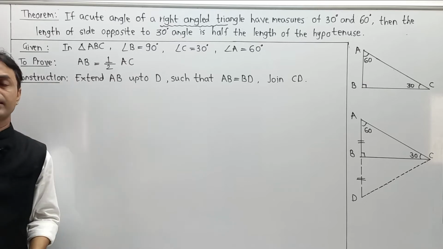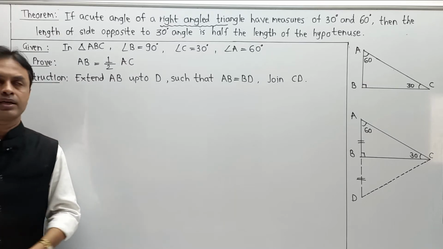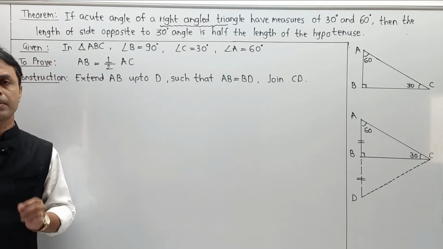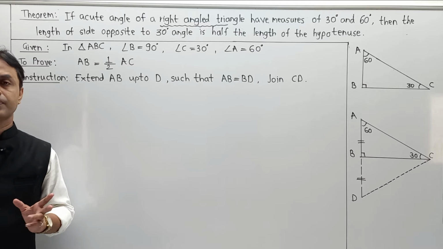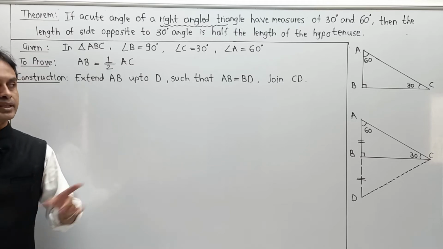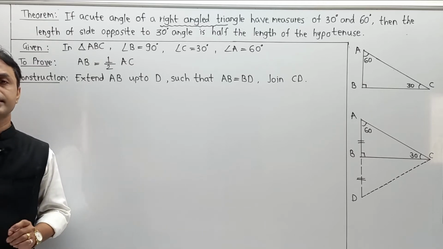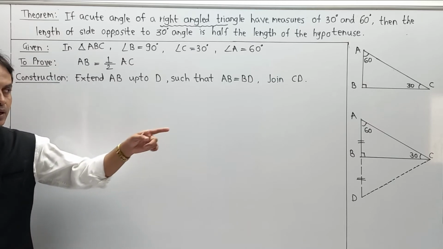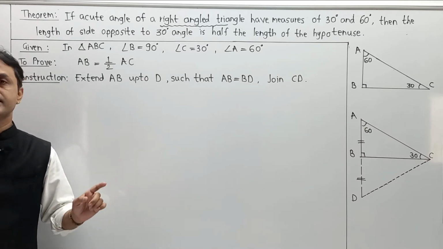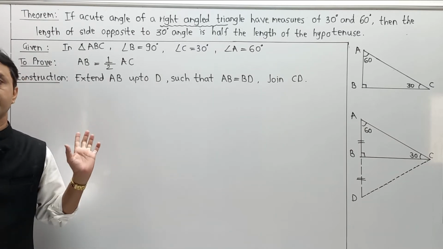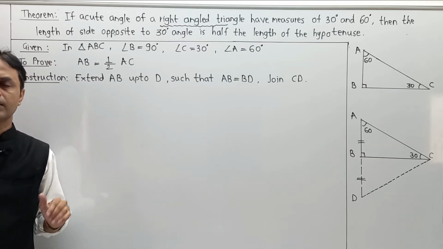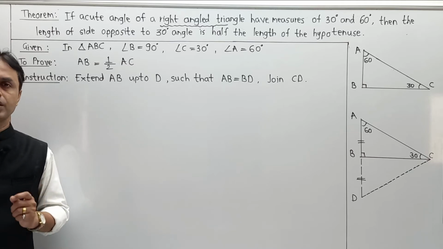Remember, in this part there are two main logics you have to understand. First, this theorem you need not only in 9th but also in 10th, so prepare it very seriously. Second, most of the numericals from 9th as well as 10th get solved with the help of the 30-60-90 triangle theorem. And third and most important, whatever name I have given, ABC, this proof is in the form of ABC. If I write the name of the triangle as PQR, then our proof will be converted into PQR. With any nomenclature you can make modifications, but try to understand the logic and concept.